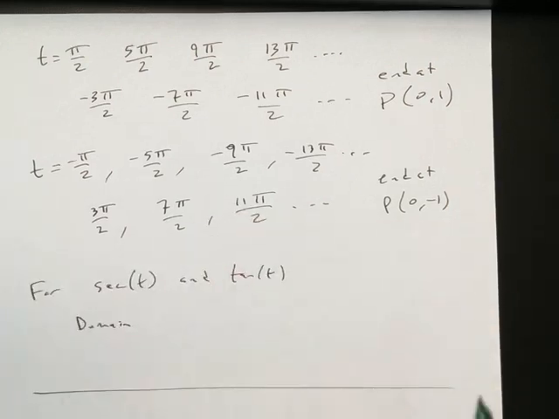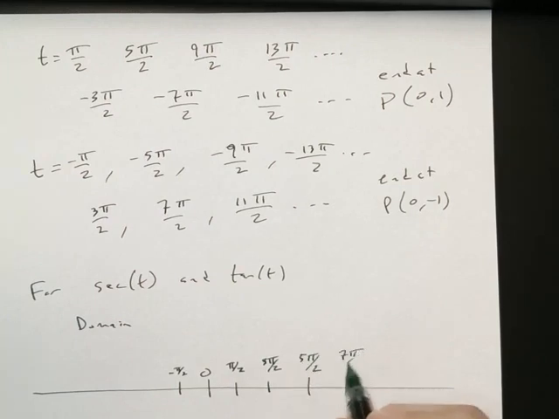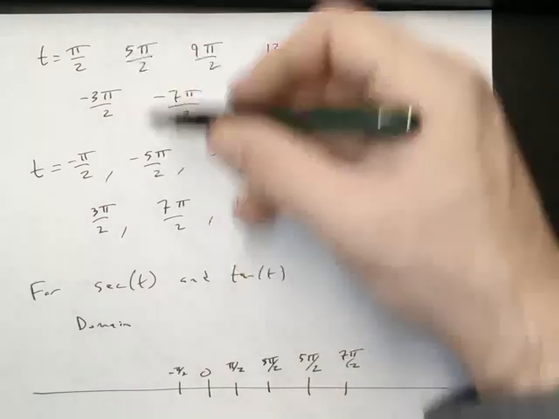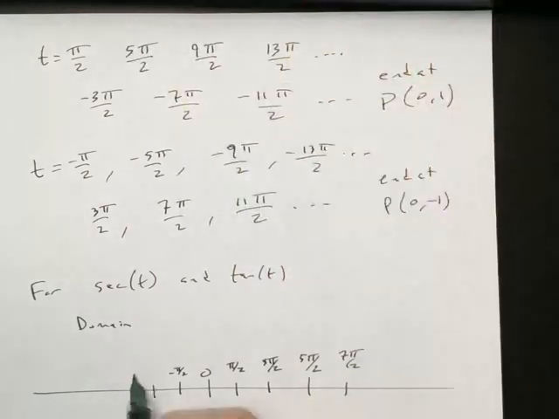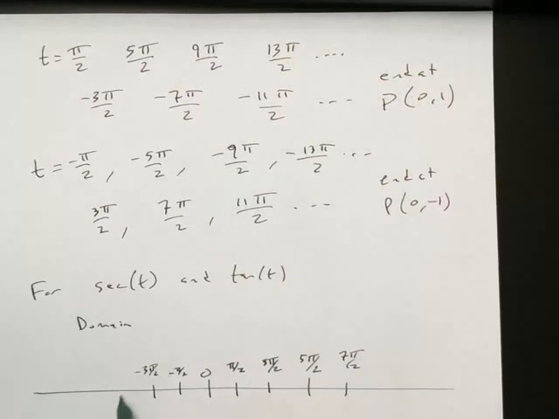Think about the number line. Here's 0, here's pi over 2, here's minus pi over 2, but then instead of adding 4 pi over 2, what if I only added 2 pi? Then I get this one, and then this one, and then this one. See how I'm bouncing back and forth between these? And if I go this way, the same thing happens